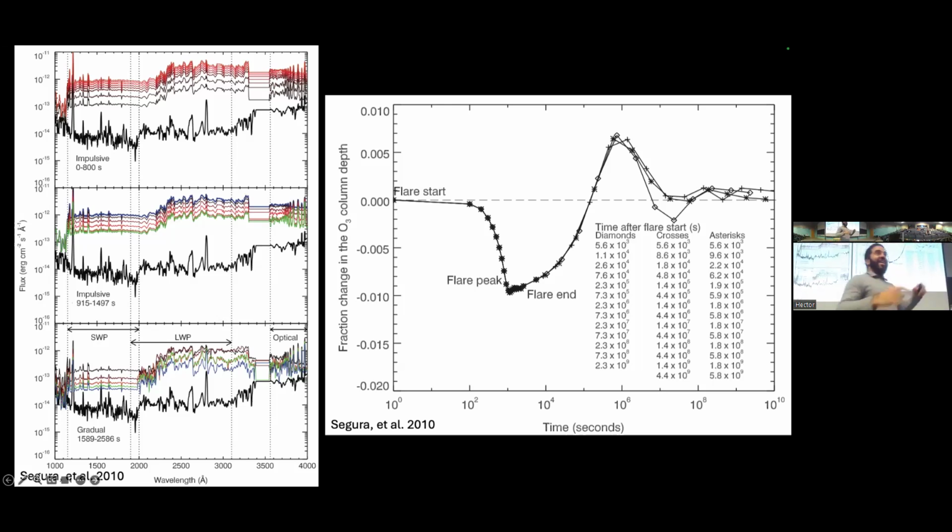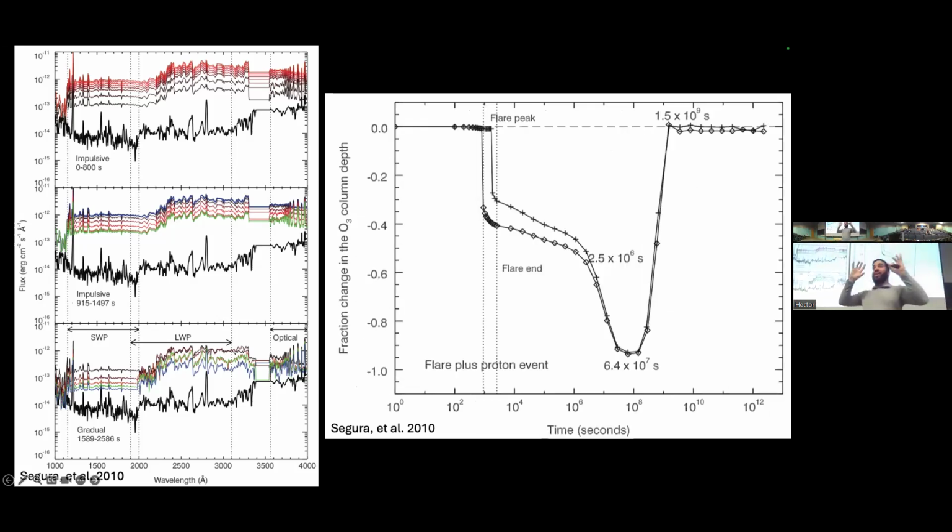But then they added the Carrington event. So they took the Carrington event from the sun, and they converted it to what would have been a Carrington event on an M dwarf star, because the sun is not an M dwarf, just in case. And when they did that conversion, they saw that the ozone this time was lost by about 94%. And it took about 50 years for the ozone to recoup and get back to the same level of the column depth that was observed before the event.